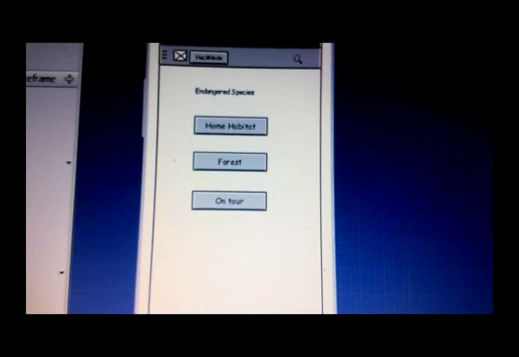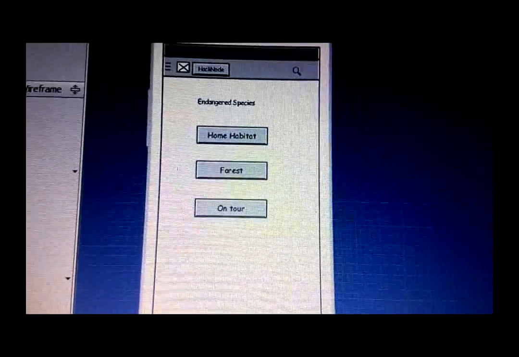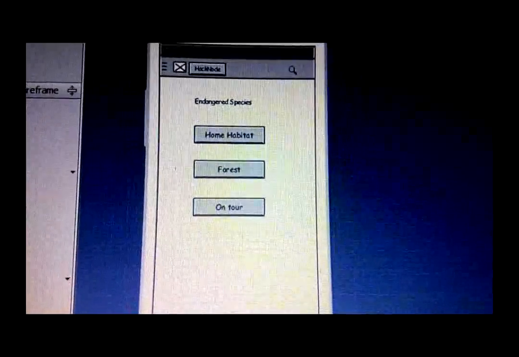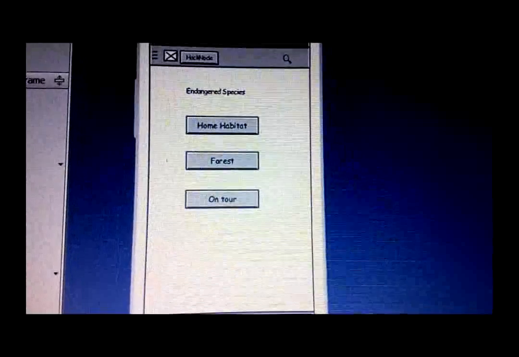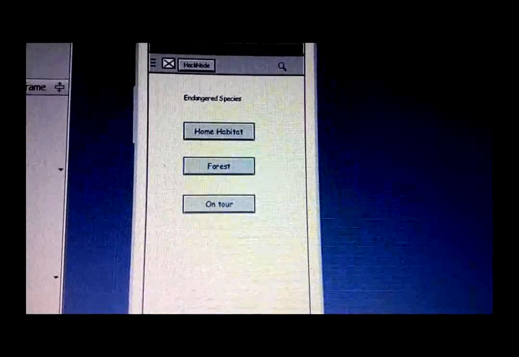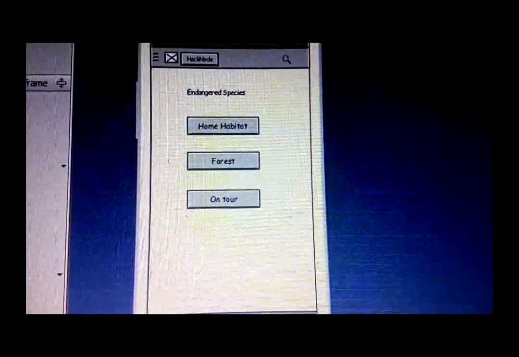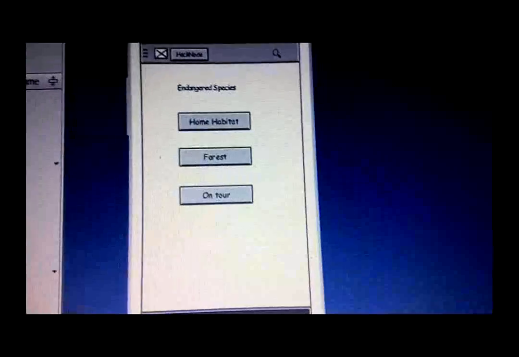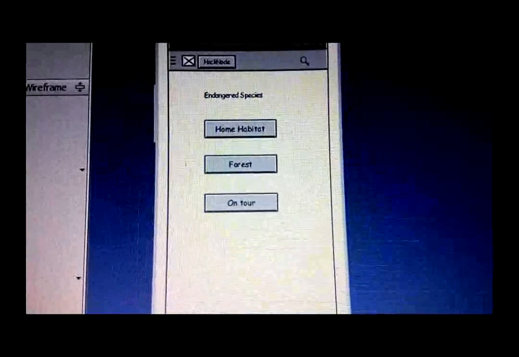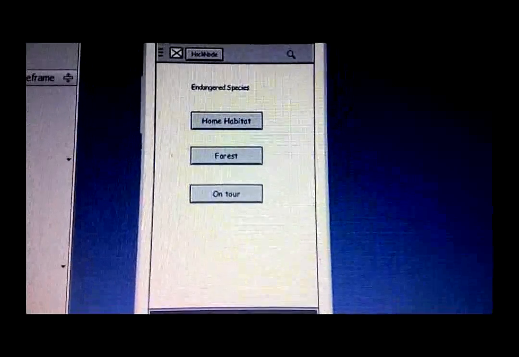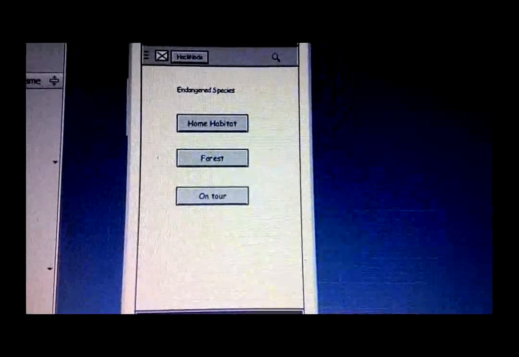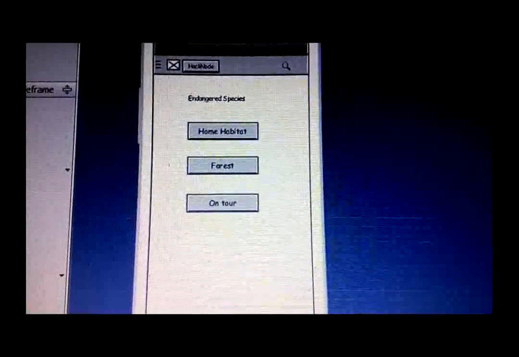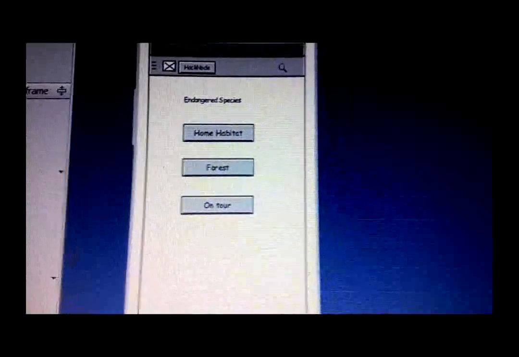So what it does is that when you go to the home habitat, we click on, say we go across our garden and we see a certain species of life form that is very uncommon to us. So when we put in the node sensor and calibrate it and say we measure the temperature of that particular animal or say the living being, when we measure the temperature, it asks us to switch on